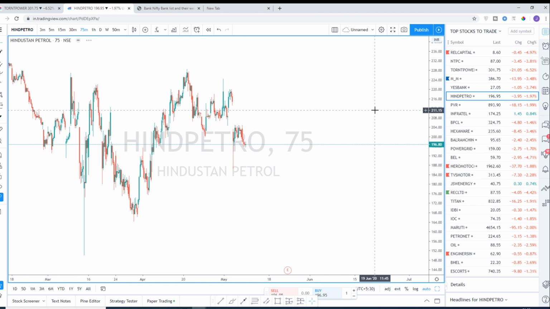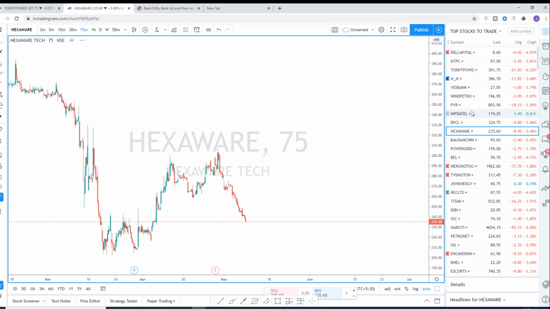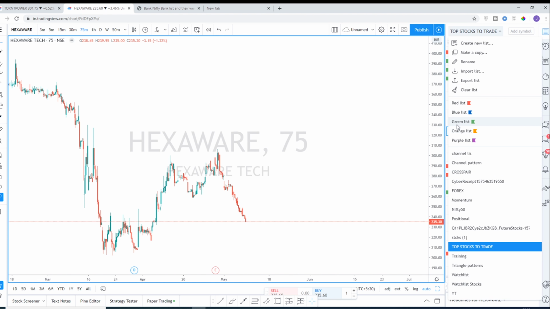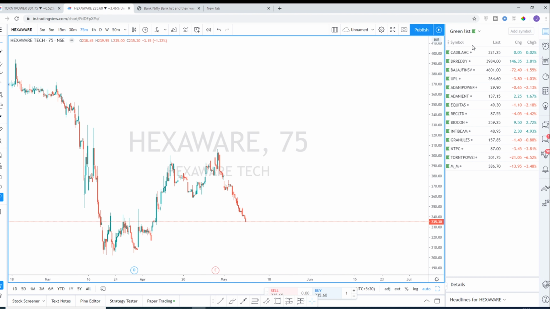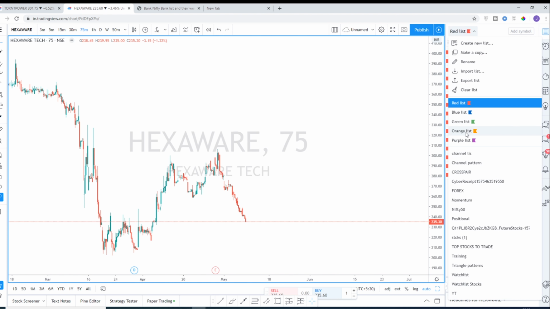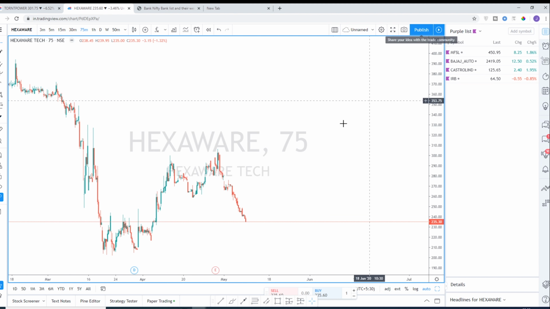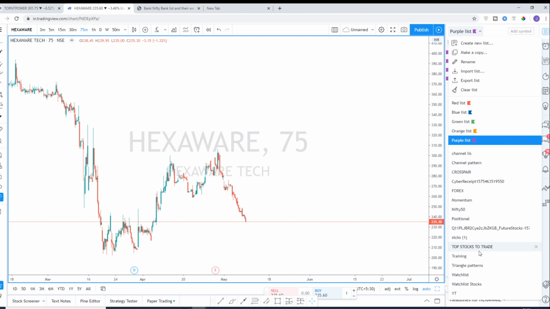This is another shortcut. And the other things, the flag patterns, I mean these colored ones. Let's say you are going long, you are selecting some stocks for long tomorrow. You can just click that green color button, so that the next day you can just go to the green list and select the stocks. In the same way you can color it multiple times, there are many colors, totally 5 colors I guess. So you can choose whatever you want.